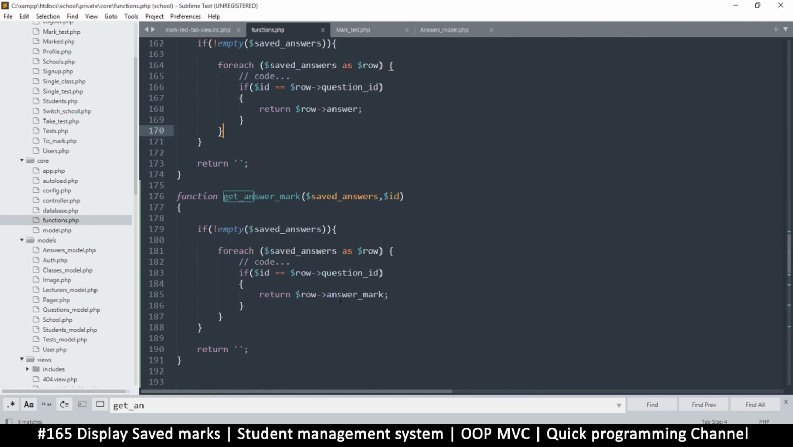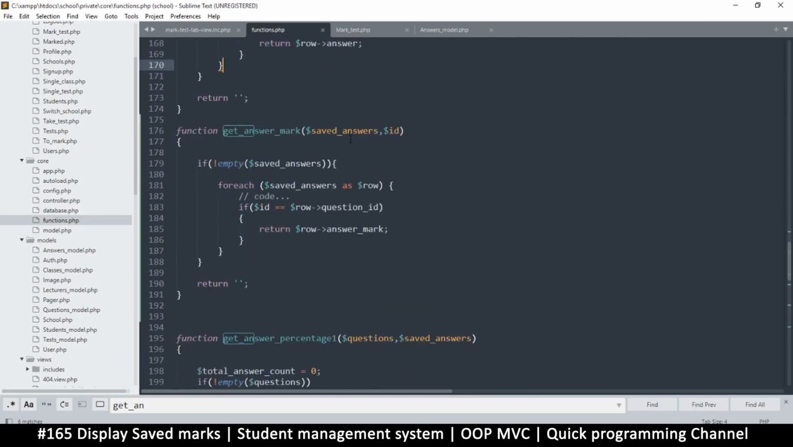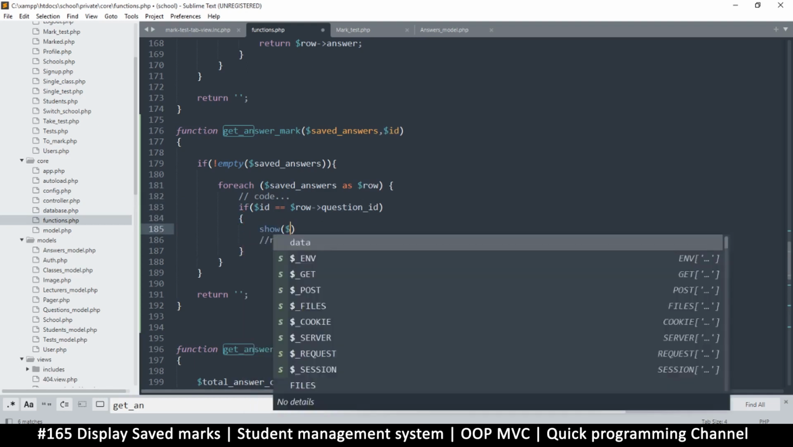So let's see why. Let's go back to functions. So we have saved answers. If not empty, saved answers, then saved answers as row. If ID is equal to row question ID, this ID here, if it matches that, return row answer mark. So instead of all this, let's just say show what's inside the row,